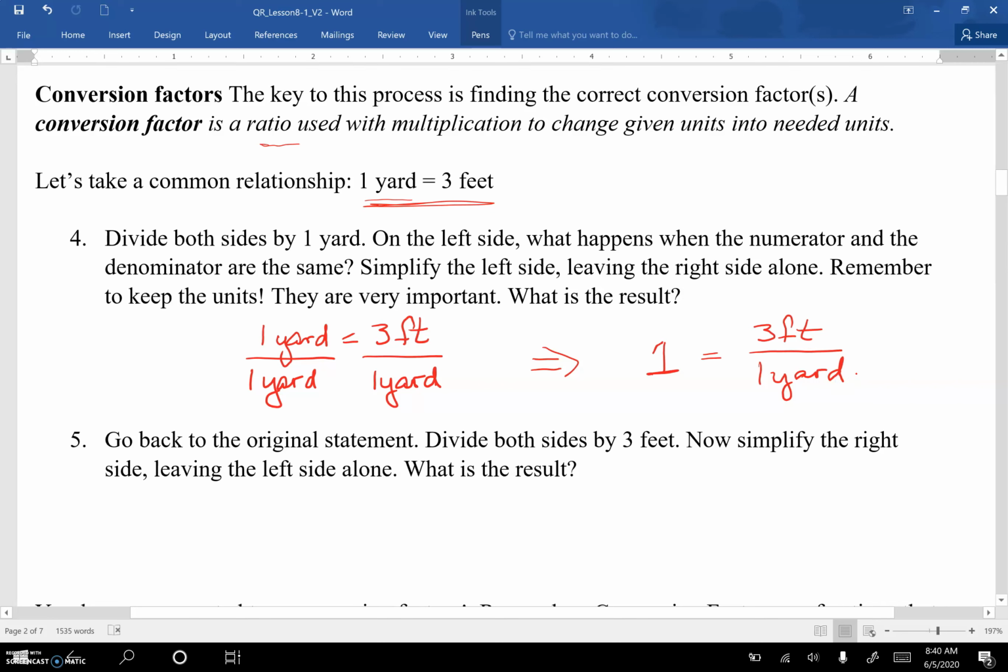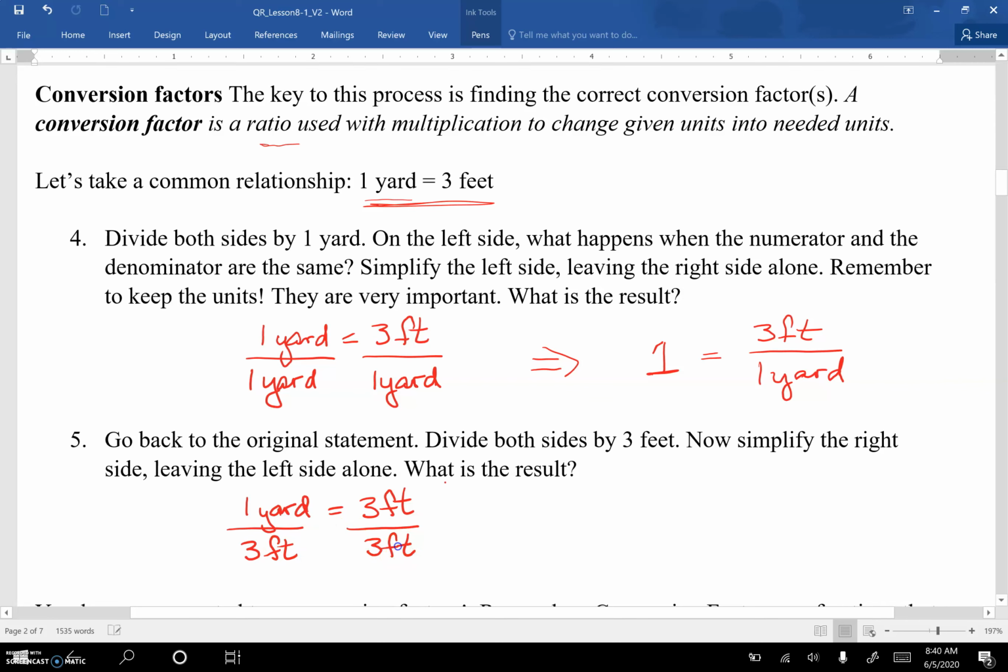Okay, so that means that this is just a fancy way of saying 1. And so we've got this fancy way of saying 1, and that's going to become important in a few moments. But let's do question number 5. Going back to the original statement, 1 yard is 3 feet. Now, if we divide both sides by 3 feet,